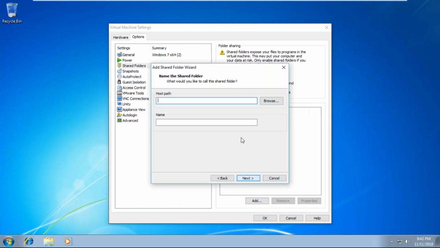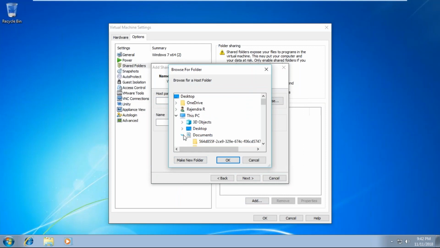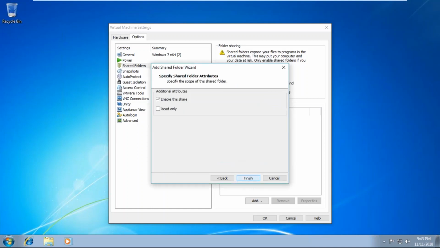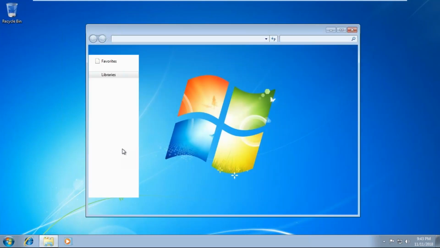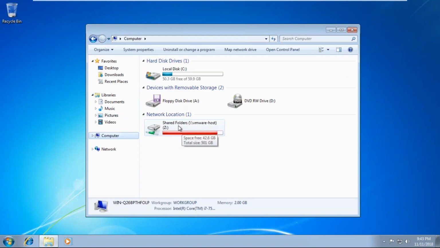Click add, browse. Select this application packaging drive, click OK and next and finish, done. So you would see that application packaging drive as a shared drive over here. Now if you just double click, you can access whatever files and folders you are keeping in your application packaging folder. So this is how you can access your base machine files and folders by going with this shared option